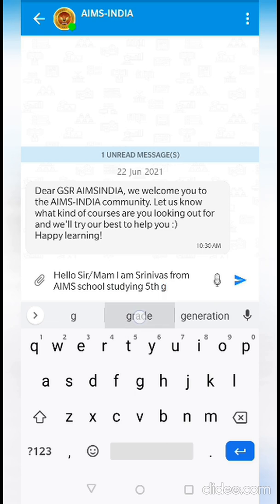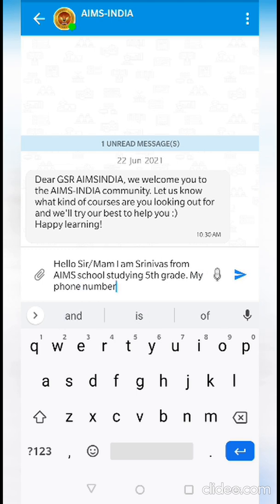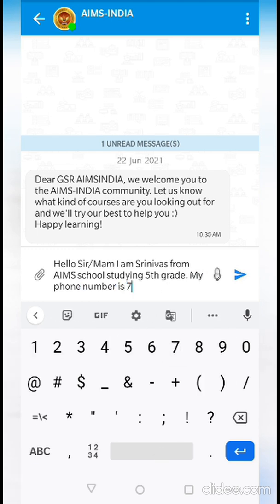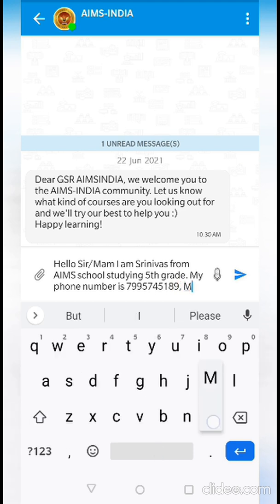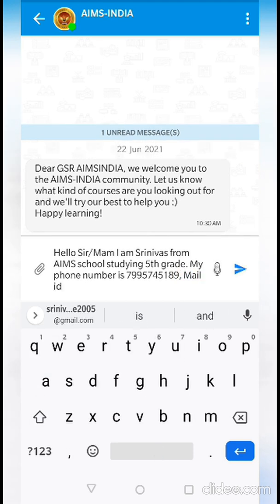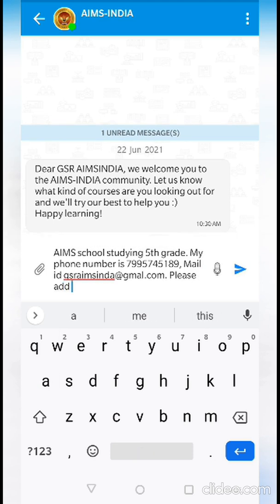So here I am entering my class batch. I am giving a request message for entering into concerned class batch with all details. After entering all the details like name, school name, area, mobile number and email ID, we can send the message to AIMS India.